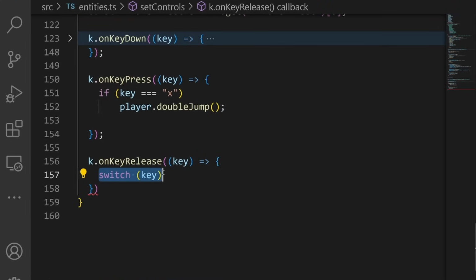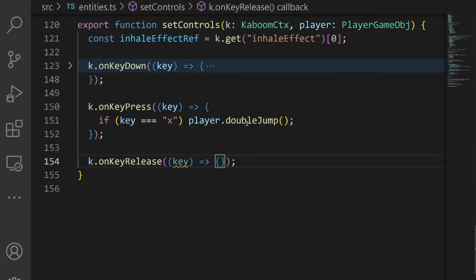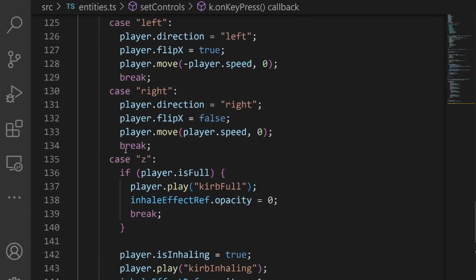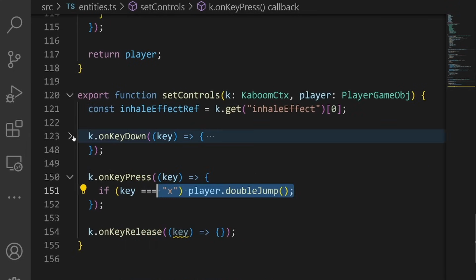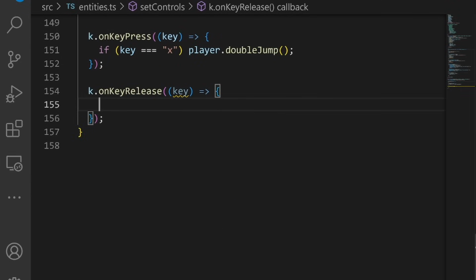And then I of course need to remove that for the linting, the formatting, sorry, to work. Anyway, you could say that the switch case statement syntax is not that concise. So yeah. Okay, so on the onKeyRelease, we have the key, and then here I'm gonna use an if